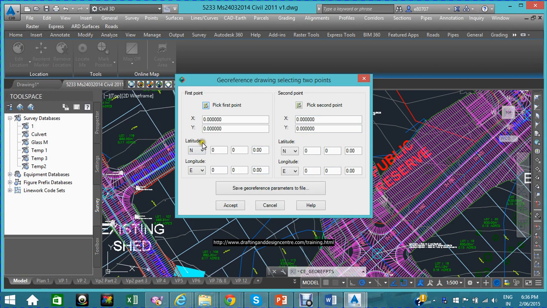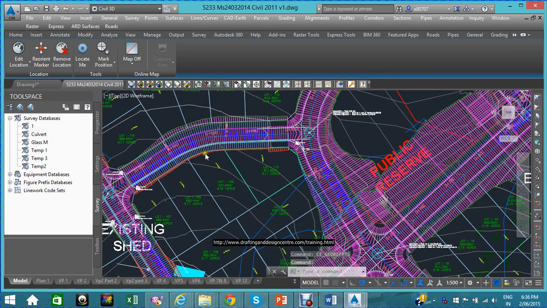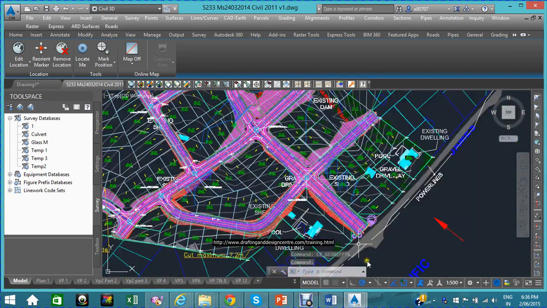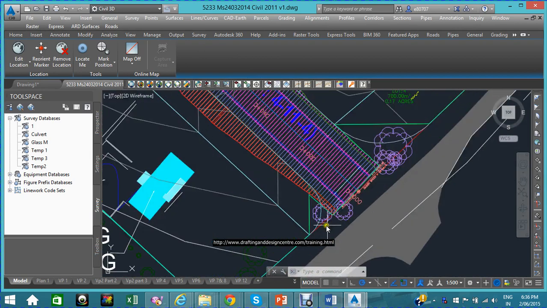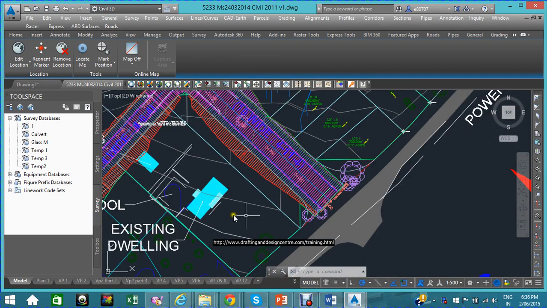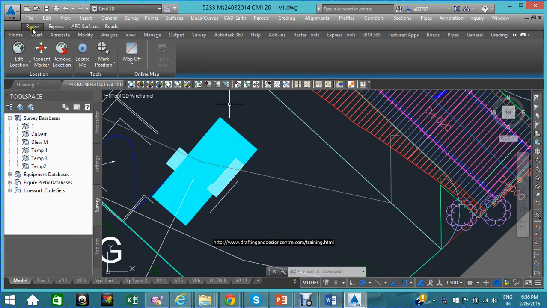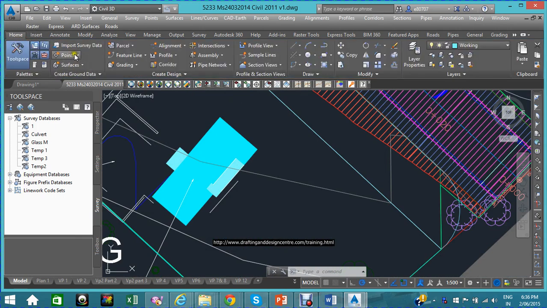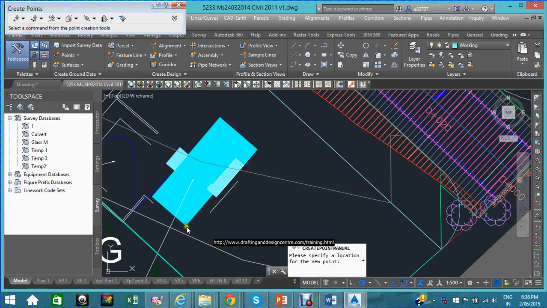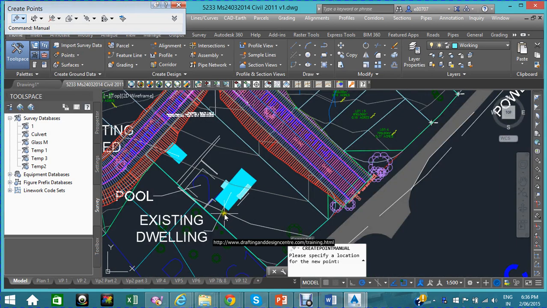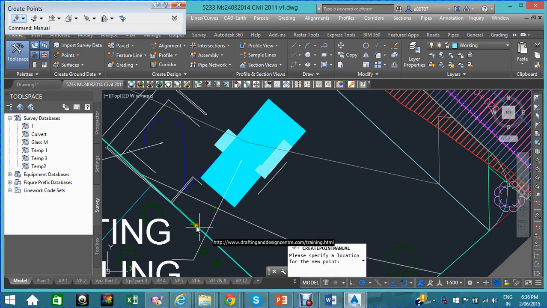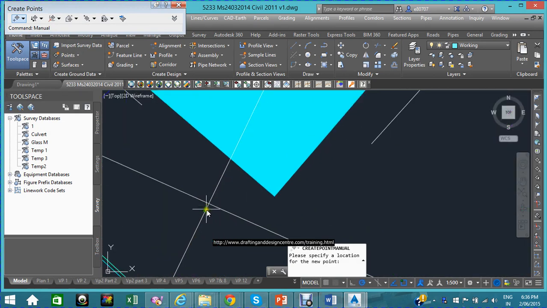So I need to have 2 points and then latitude and longitude of that one. So what I will do is I will create a manual 2 points where I would like to drop it. So I will go to the point creation tool, and I will manually go here and then manually create a point somewhere else in here, say point 1,